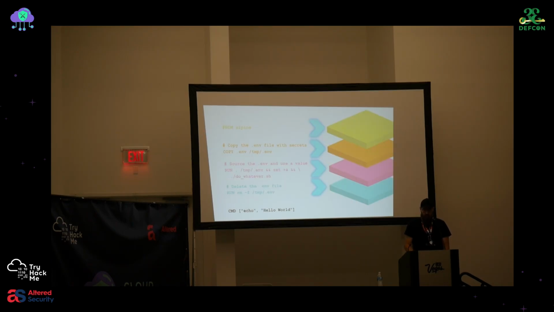If anybody's looked into the way that images get built in container registries, they start out with that base. When you say FROM alpine, that's a layer. When you do that COPY command of that env file, that's a layer. Whatever you change in the operating system from the file system perspective ends up being a new layer. Even when you remove something, almost every line in that Dockerfile becomes a new layer. A lot of people know about this because it's bloating our images. Somebody just told me they had like a 60 gig image, and I was just like, what are you?